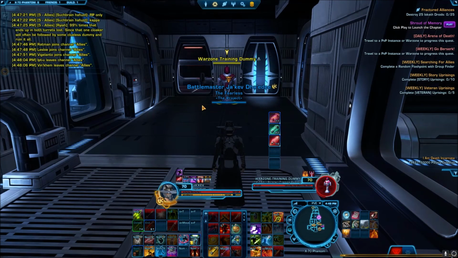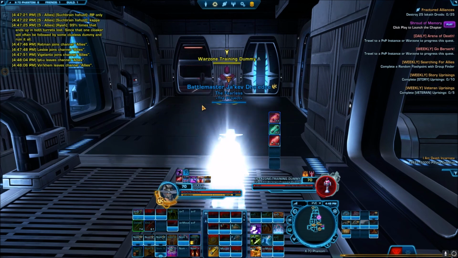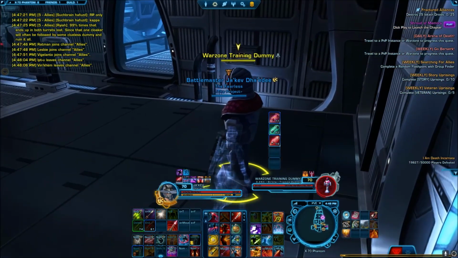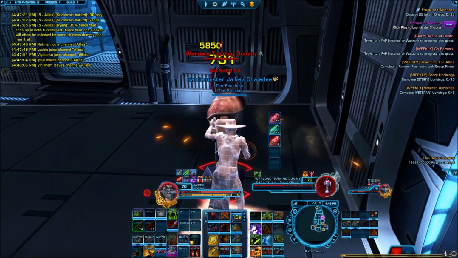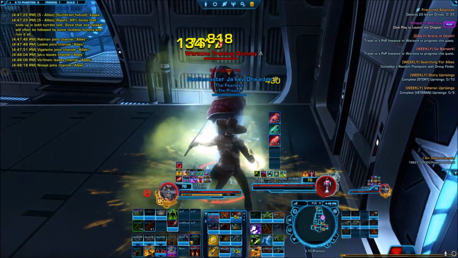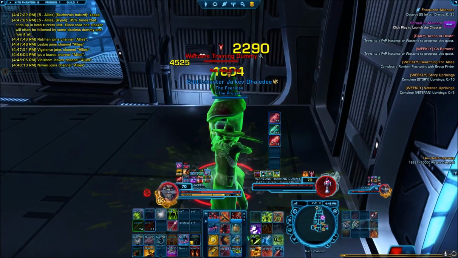Now this is where we go on to the rotation. First, I'll be doing the rotation super slow, and then I'll be doing it fast. So like I said, you want to start off with Backstab, put your Volatile Substance, Corrosive Dart, Veiled Strike, Laceration as a filler,